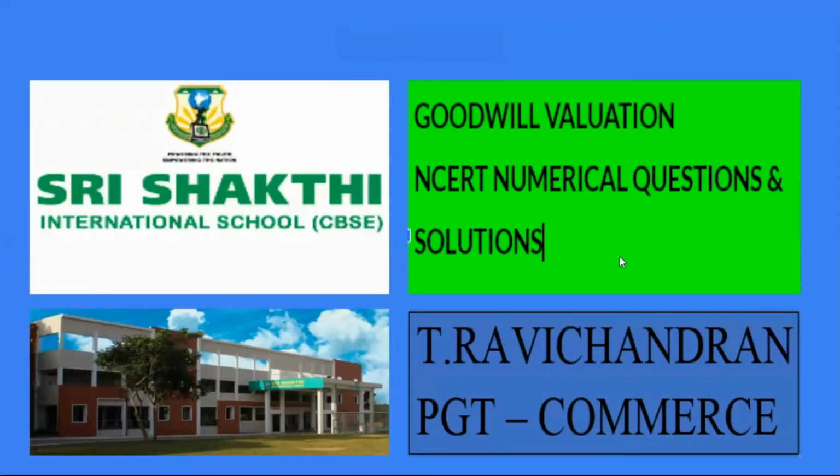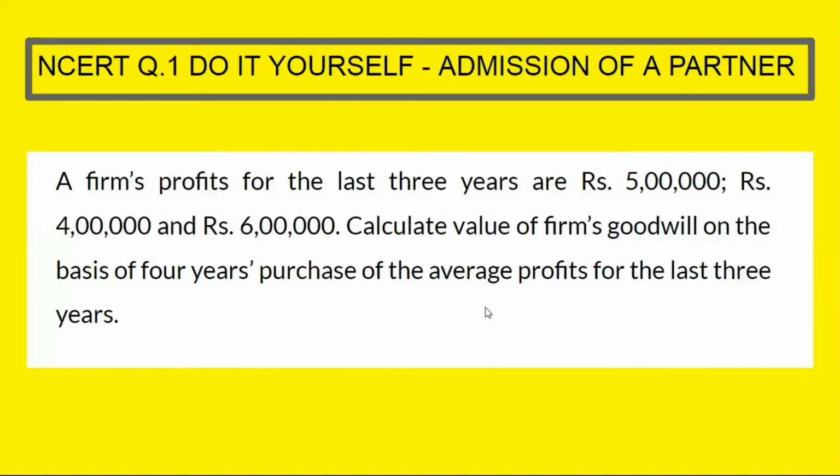Solve numerical question 1. Question number 1, do it yourself, from the chapter Admission of a Partner, related to the goodwill valuation concept. First, see the question. A firm's profits for the last 3 years are 5 lakh rupees, 4 lakh, and 6 lakh. Calculate the value of the firm's goodwill on the basis of 4-year purchase of the average profit for the